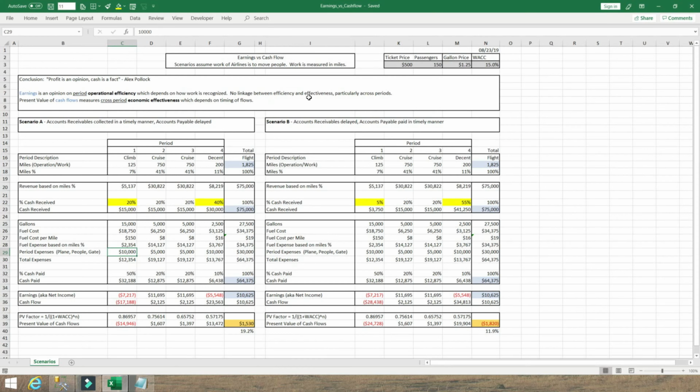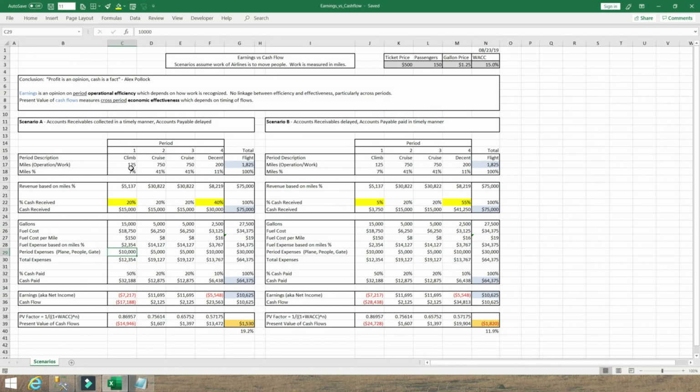There's no linkage between efficiency and effectiveness, particularly across periods. So earnings was designed based on the going concern accounting philosophy, where the focus is on appearance of stability and continuity. Earnings are smoothed out in order to keep earnings in perspective from period to period. A company with a lot of upfront costs expenses those costs over many periods in which those costs generate revenue. The Financial Accounting Standards Board, also known as FASB, felt recognizing costs as they occur as expenses misguides investors. A more balanced view of the company is to recognize costs as expenses in the periods in which revenue is